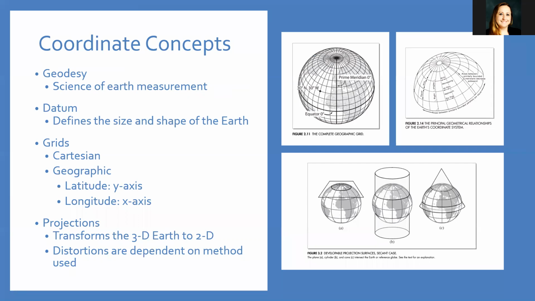Grids are used to determine coordinate locations. There are two types, Cartesian coordinate and geographic grids. And they differ in that geographic grids are based on a sphere, not a cube or rectangular prism. The Cartesian grid has an X, Y, and Z axis, while the geographic grid has lines of latitude, longitude,